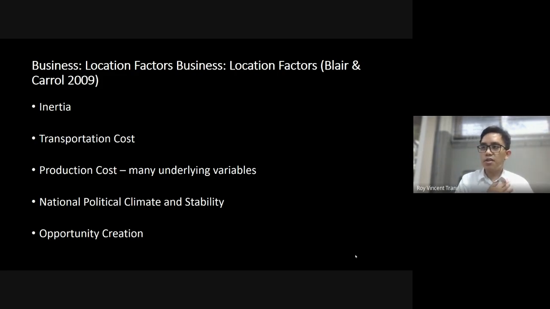So I think the question for urban planners is, does that particular product have a customer base or a consumer base in your local community? Next, production costs. There's a lot here. I think you can write a whole report on this. Maybe we can focus on this for your assignment.